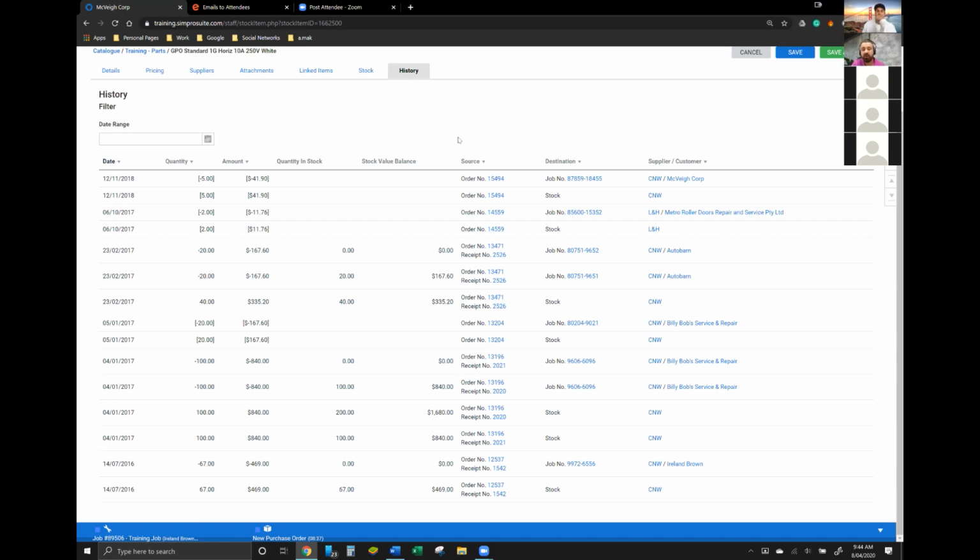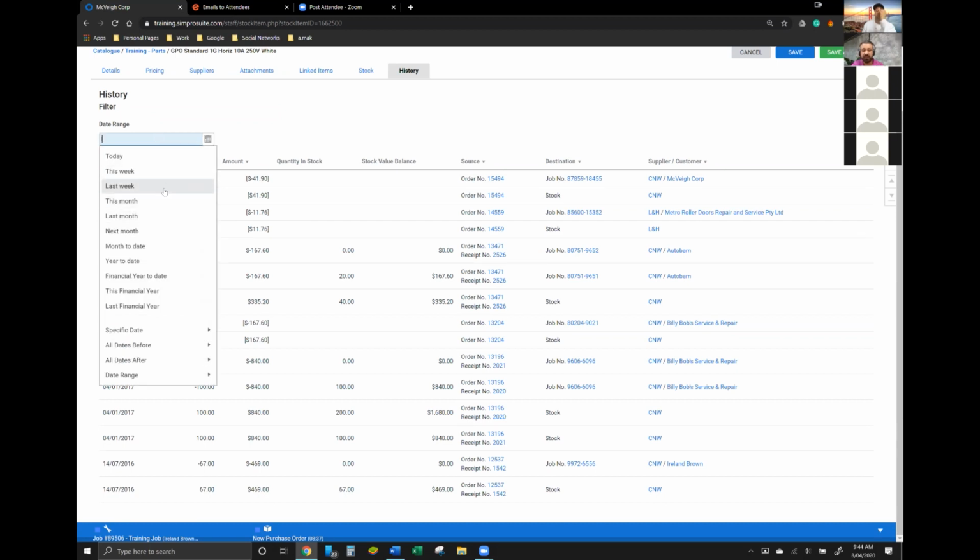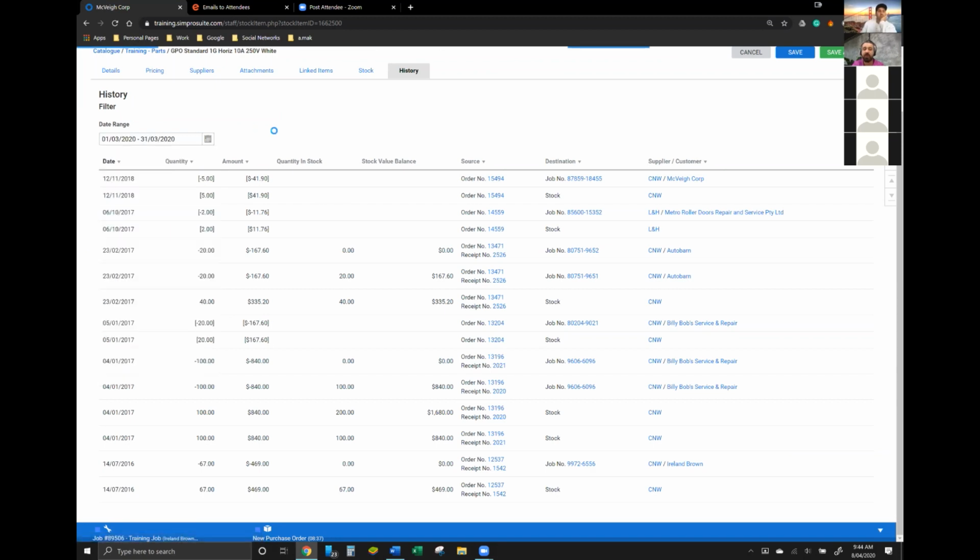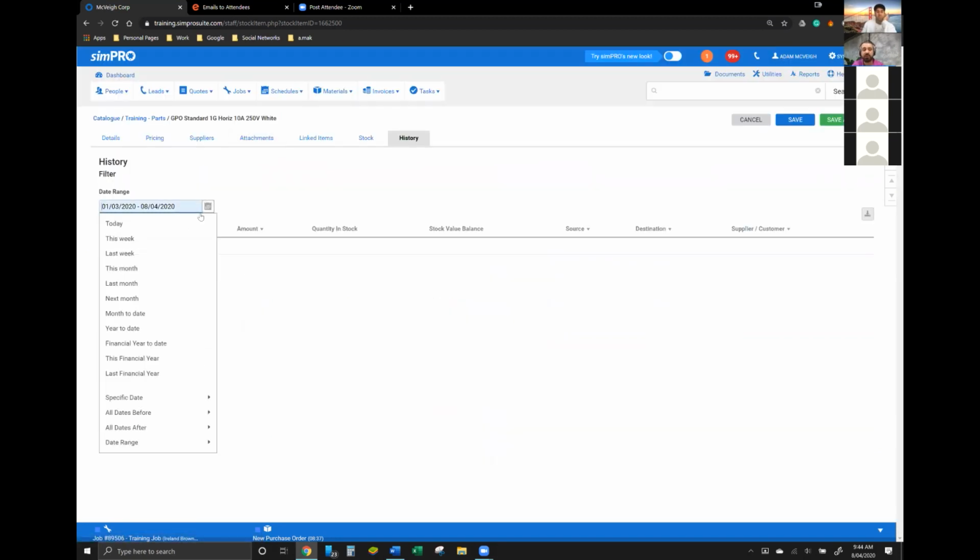When we had the recall, they said any products between this period of time and this period of time were being recalled. We were able to then use this history tab to filter through to see any products that we sold in a particular period of time. So I can say, show me anything that we sold last month or that we purchased last month. And it will then just show any movements that have been happening for that particular product within that period of